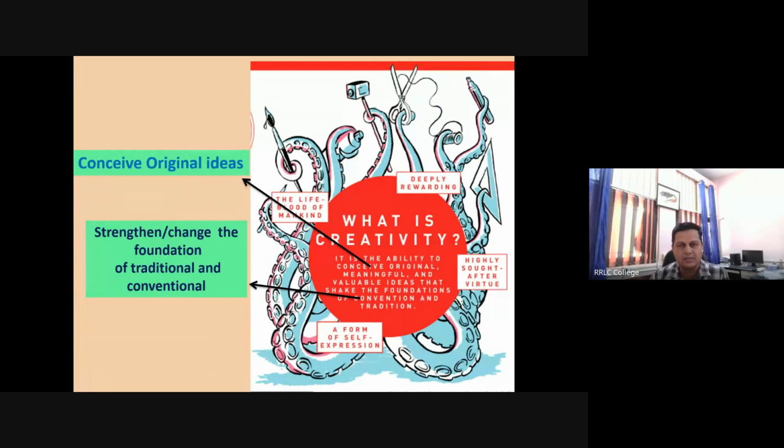So altering experimental method and changing the foundation of how to work is also a scientific creativity.